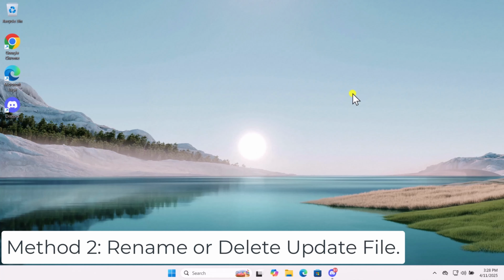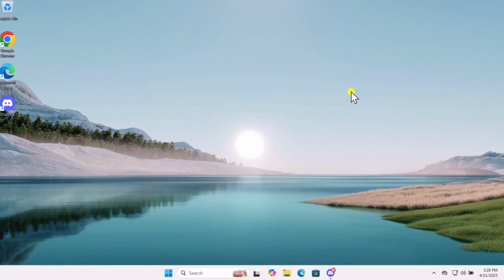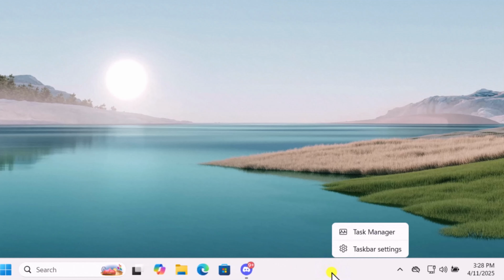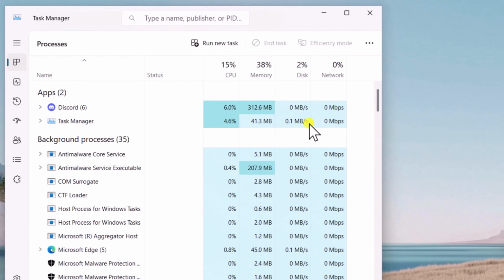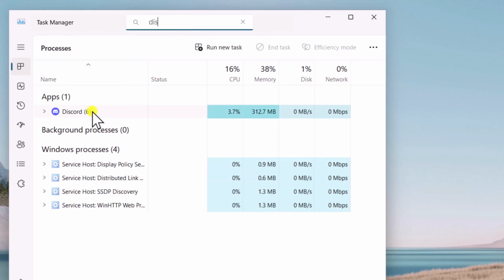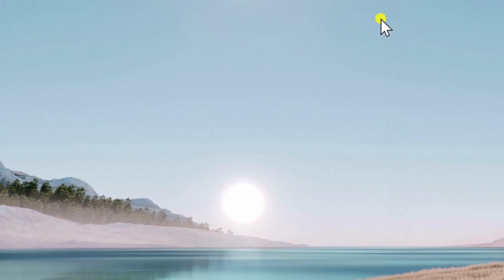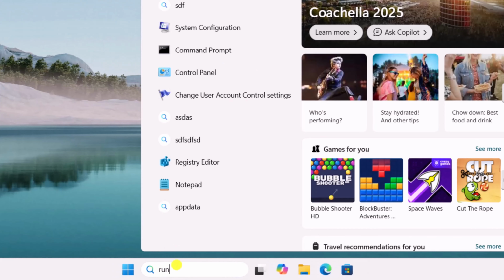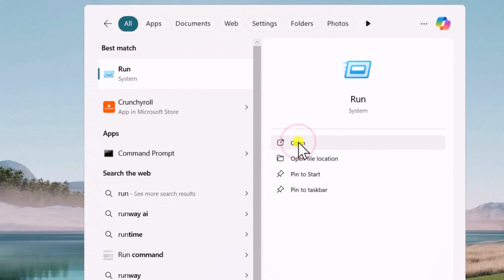Method 2. Rename or delete update file. Right-click on bottom bar. Select Task Manager. Search for Discord. Right-click and click on End Task. Now click in Search. Type Run and open it. Type